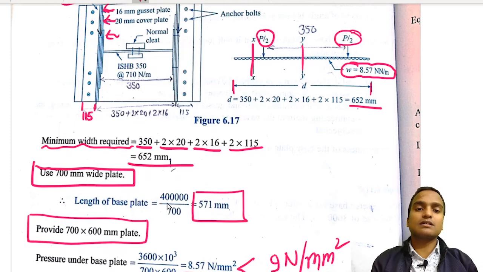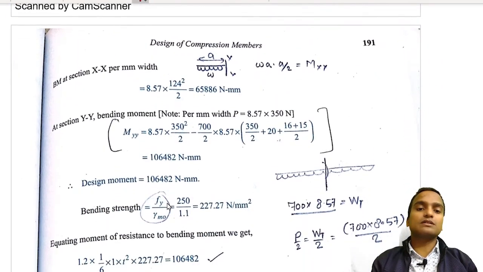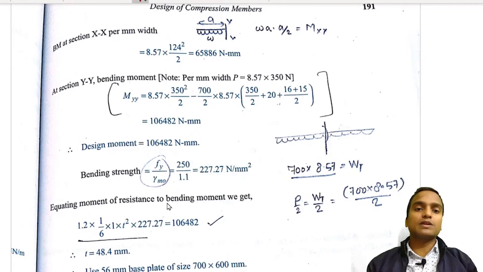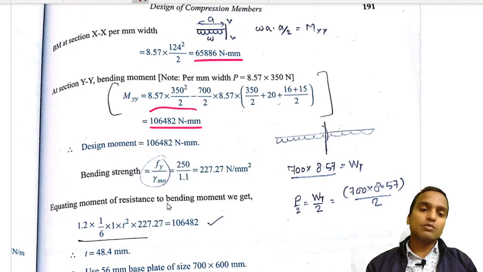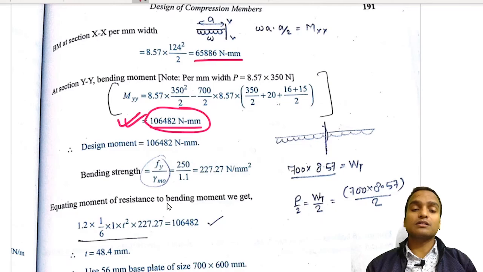section and y-y section. And now after doing these bending moment calculations, we have seen that out of these two moments, this moment is maximum. So we have to design our section for this value of moment, because this is the more critical value, because this is the maximum out of both of these two. So we have to design our section in such a way that it can resist the severest kind of load that is going to come on it. So design moment becomes